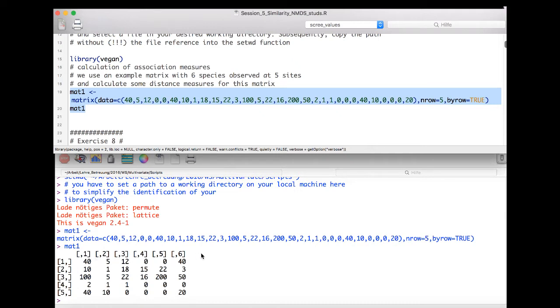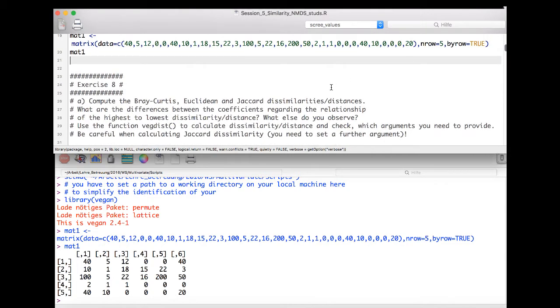We see that the species are in the columns and the rows represent the different sites, and we see that the abundances of the different species vary between the sites. On some sites we have almost 200 individuals observed, whereas in other sites only 30. And the aim is now to calculate the different association measures, such as the Bray-Curtis, Euclidean, and Jaccard distance or dissimilarities, and compare the results for those,